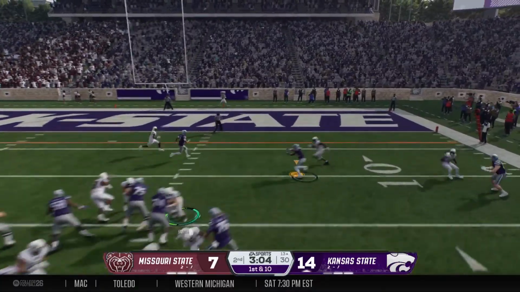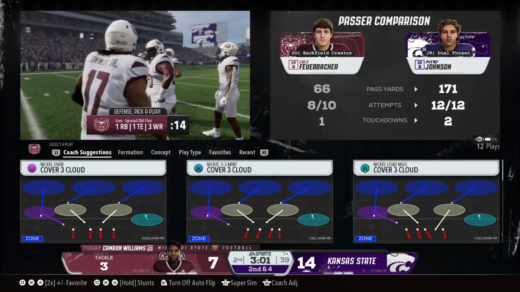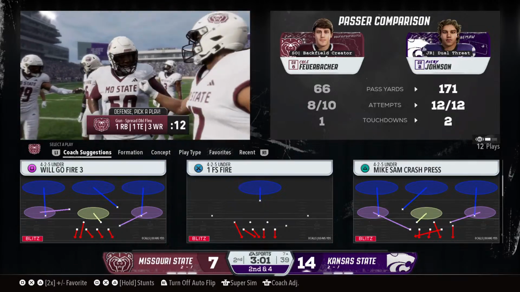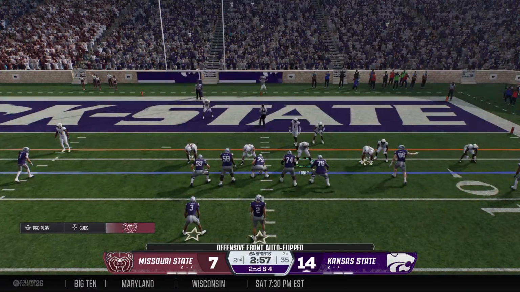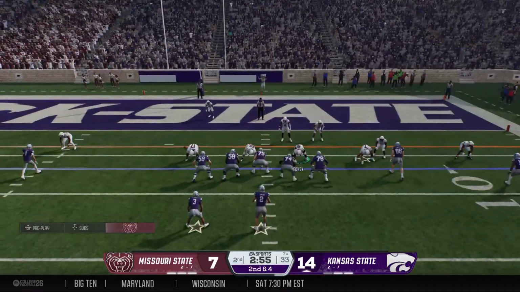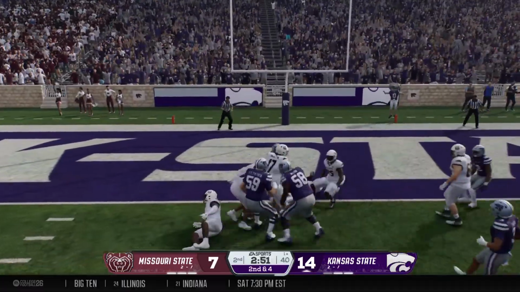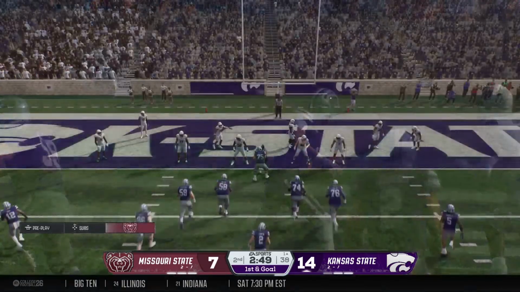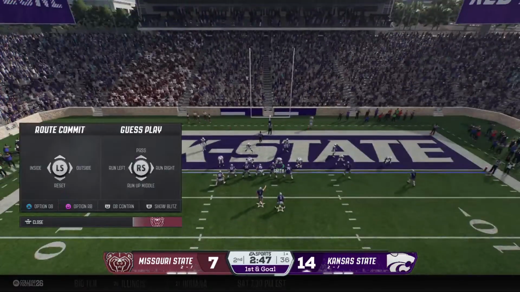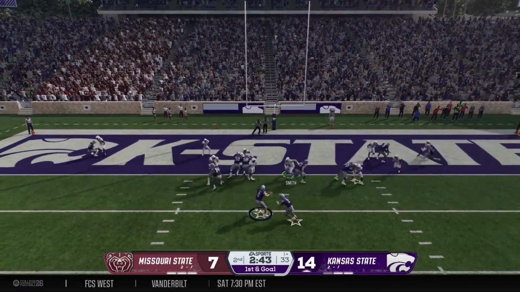Trying to cap this drive with the pass. Right on the money. That completion takes them down to the 7-yard line, and they are ready to strike. Going to work on 2nd down in the red zone, and still some ground to cover to pick up that 1st down. He's got it. Can't quite cross the plane to get the 6, but they'll have the 1st down.